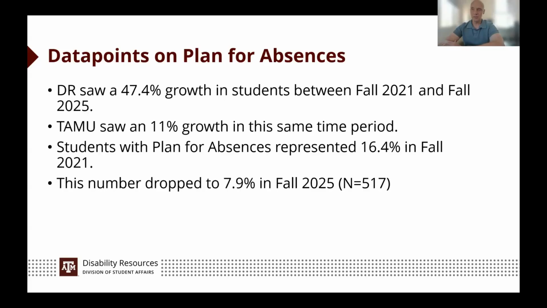And I share these data points because a lot of times it does feel like we're seeing more students have this accommodation, and the data would say we're not. We're actually seeing fewer students. And I think there's a couple of reasons for that. I think that there's a number of accommodations that we use differently now to address barriers in the classroom and with class policy. So I think that that's part of it. There's also a better awareness as we work with students about how to coach them on those alternative options. And so this may be a tool that we have turned to. I think we're just using the accommodation in a very different way now. And so that number has gone down over time.